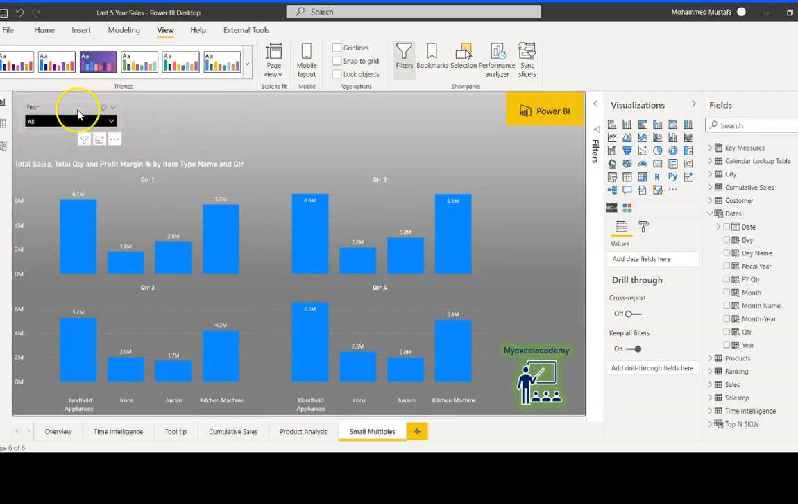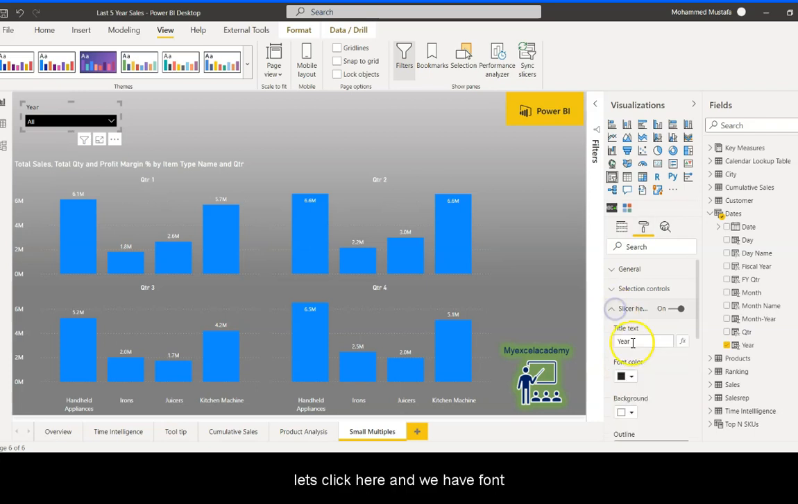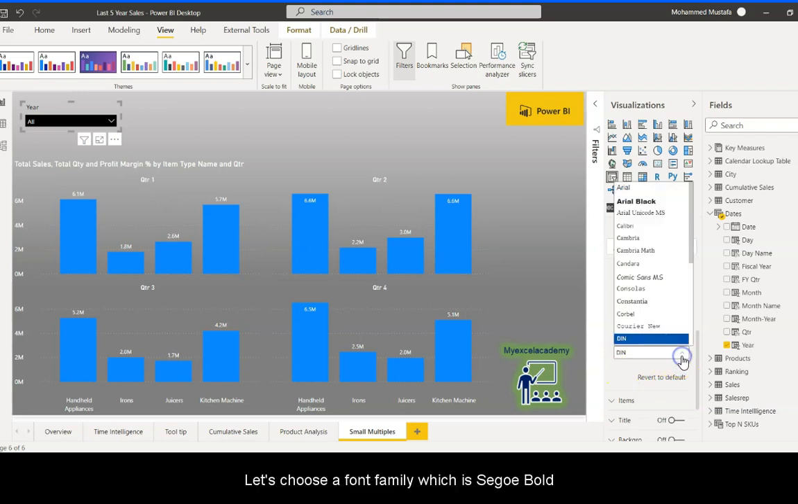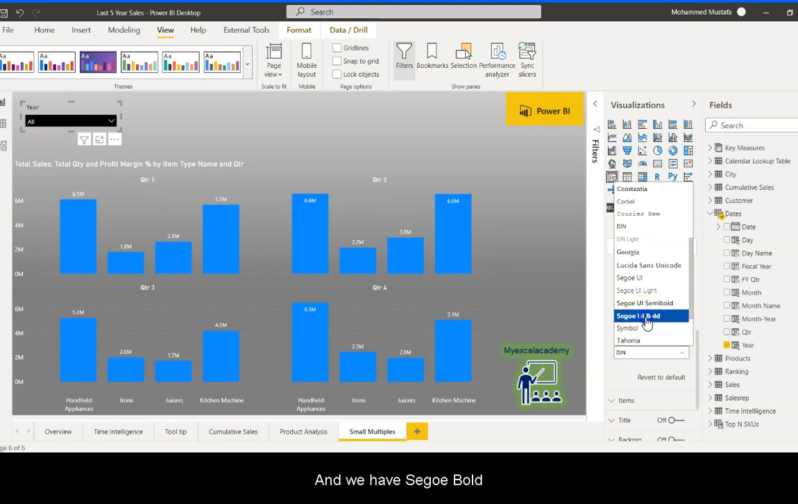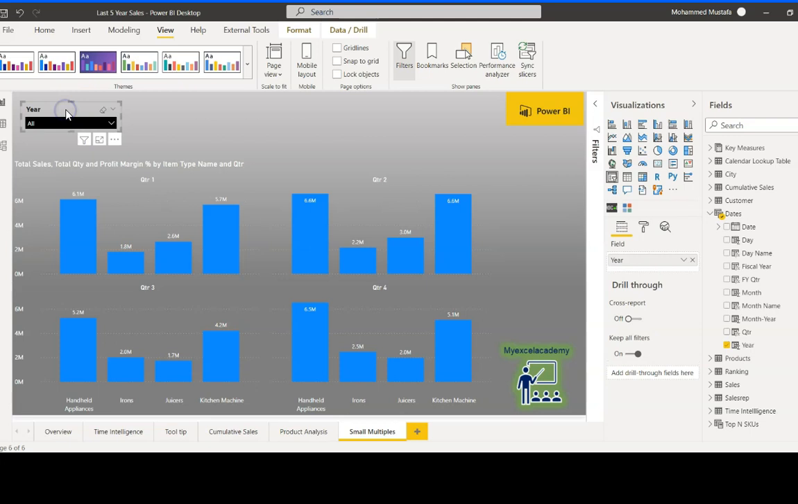Now that we have our slicer, let's see if we can make the header bold. Let's click here, and we have font. Let's choose a font family which is Segoe bold, and we have Segoe bold, and that stands out now. So what I can do is I can Control C, Control V to make a copy of the slicer. Let's do one more,